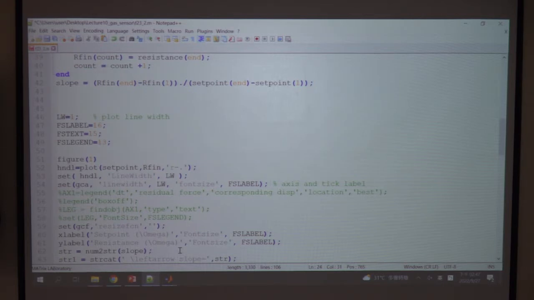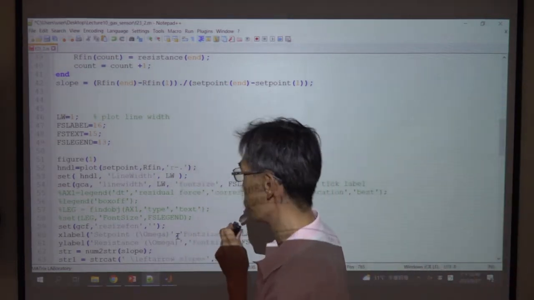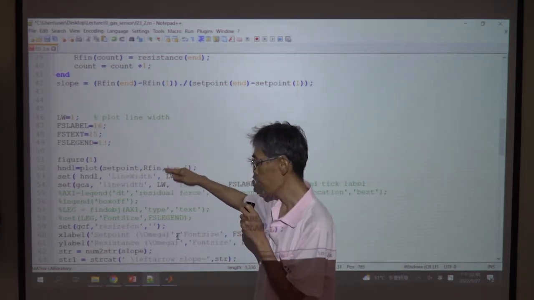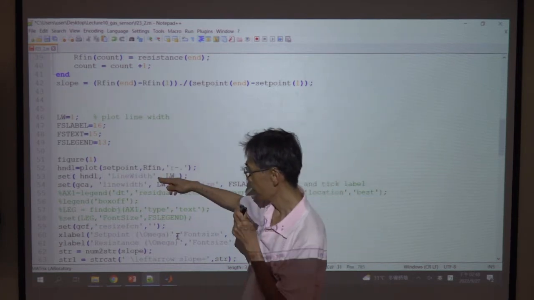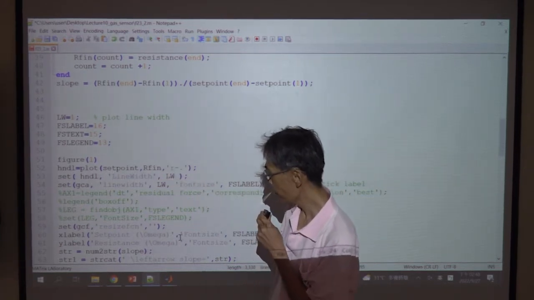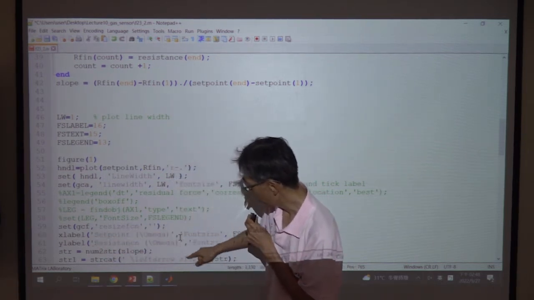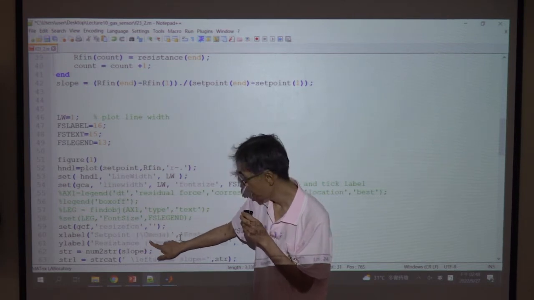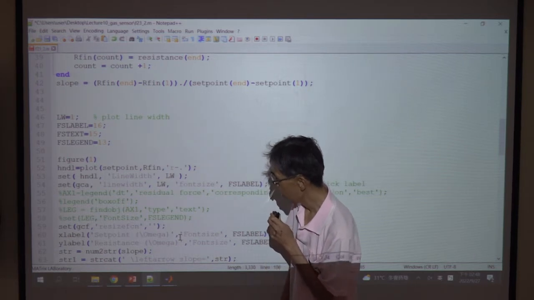So it's important, if you are ready to publish your paper, it's better you have this paper figure quality. Then the X label, set point. And if you have this forward slash omega, you will create the,